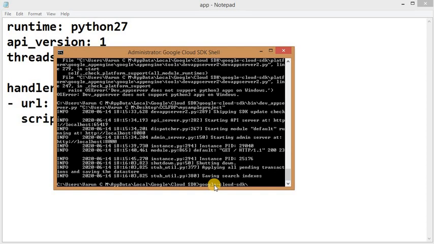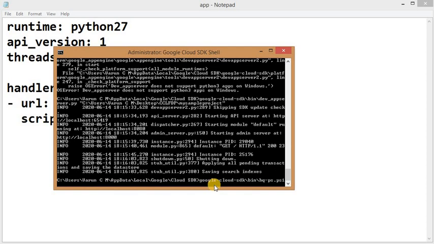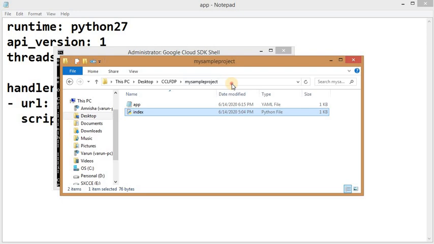Then put a backslash, then press tab to get this bin, another backslash, and go to this dev_appserver. Use tab to move, or otherwise you can type it, and followed by this you need to give double quotes.